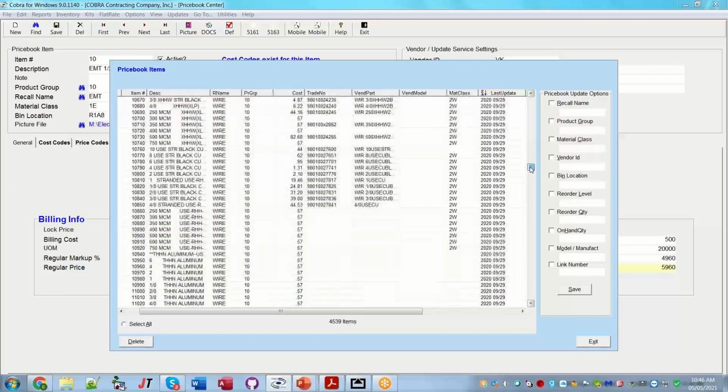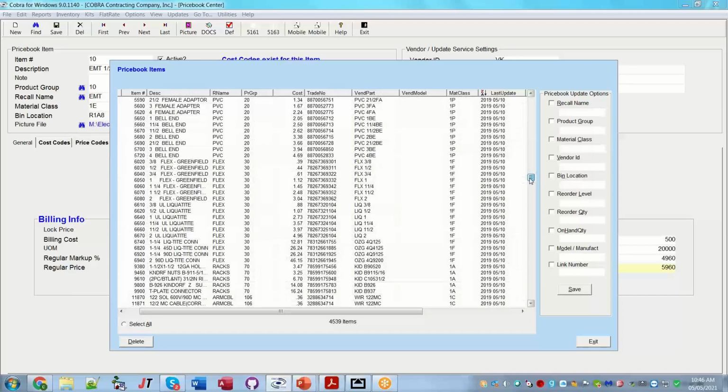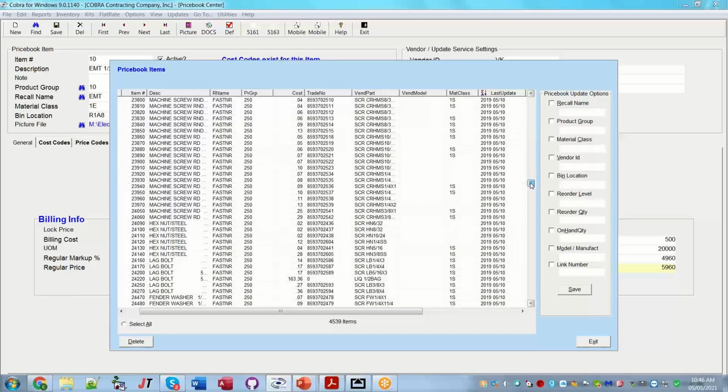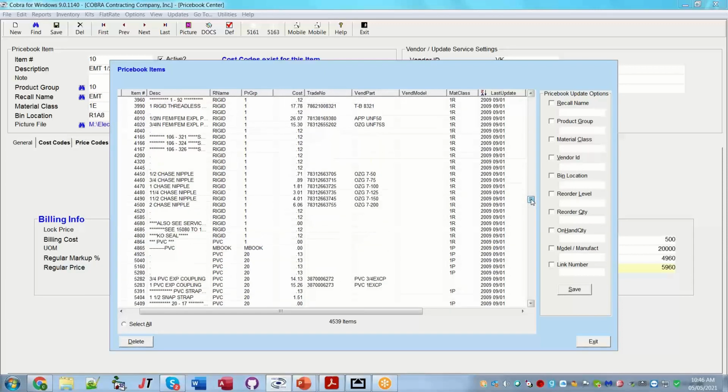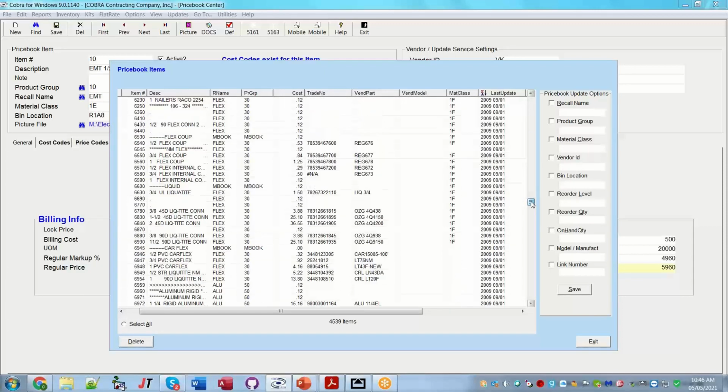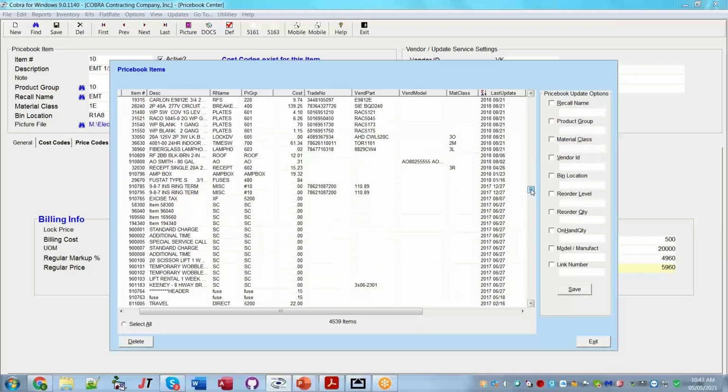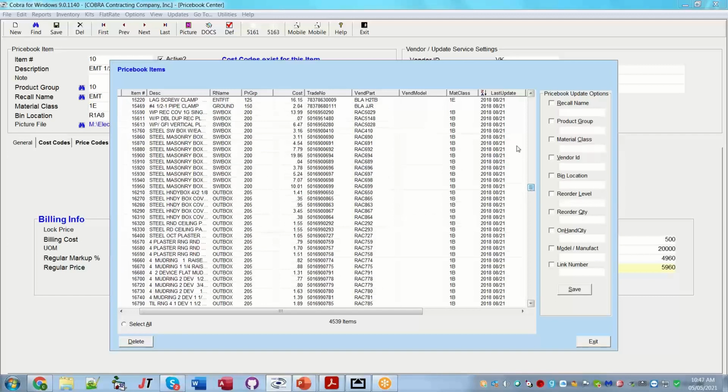But as I go down my price book here and look at everything, I can start to see some of the years gone by where we haven't been getting price updates inside COBRA. So this tells me that my price book is not in great shape. I've got old pricing going on here. So what we recommend to do is find these items and get a couple of catalogs,